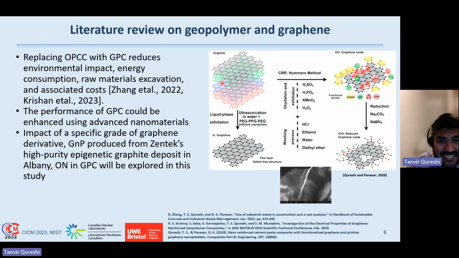I'm not going to give details of how we have produced different types of graphene derivatives in different parts of the research and other larger collaborations. However, you can see the main process of graphene production is so far the chemical exfoliation of graphite, and we can have single or few layers of graphene. That could be graphene oxide, and reduction of the graphene oxide gives reduced graphene oxide, and we can have mechanical exfoliation using ultrasonication. You can have graphene or graphene nanoplatelets as well.